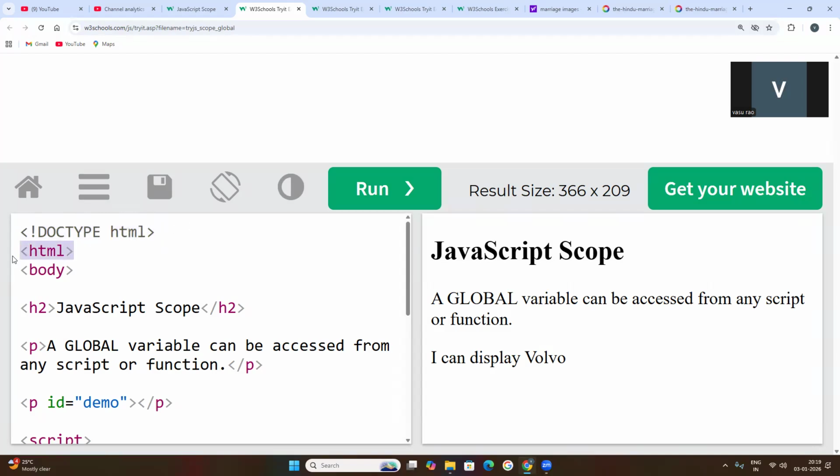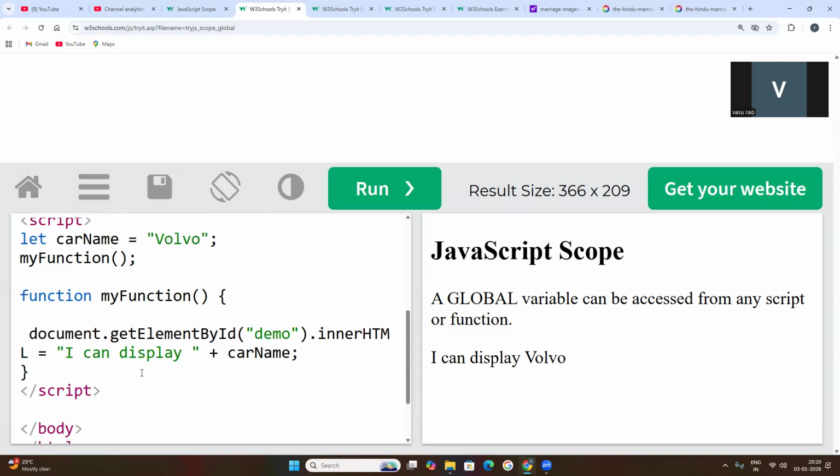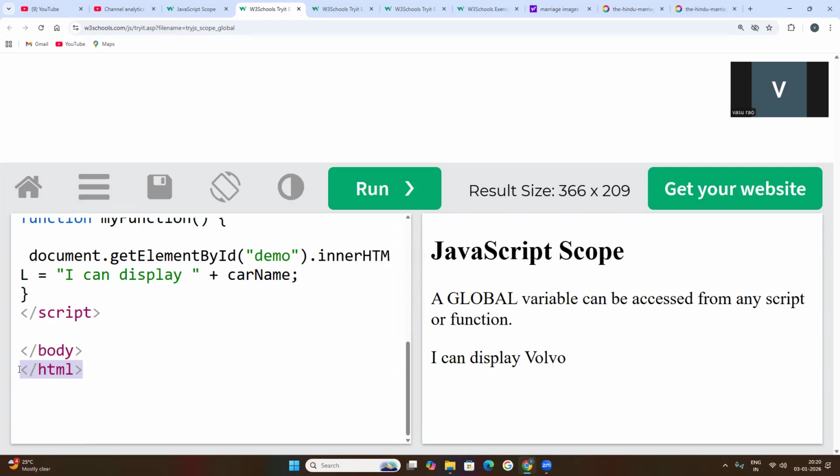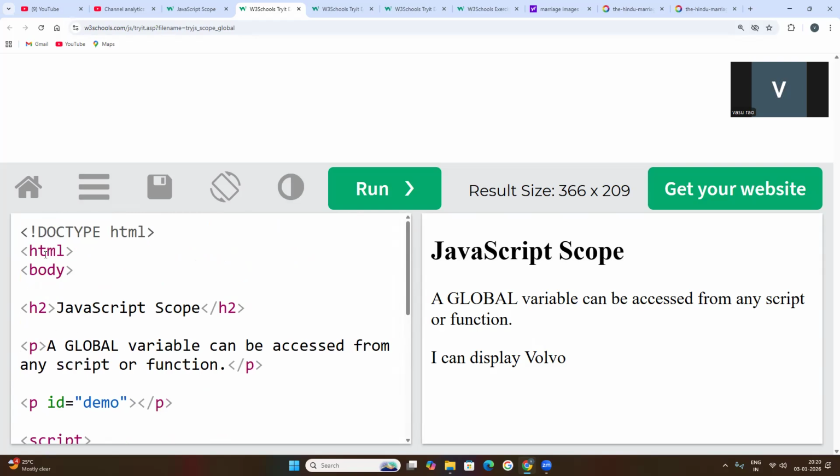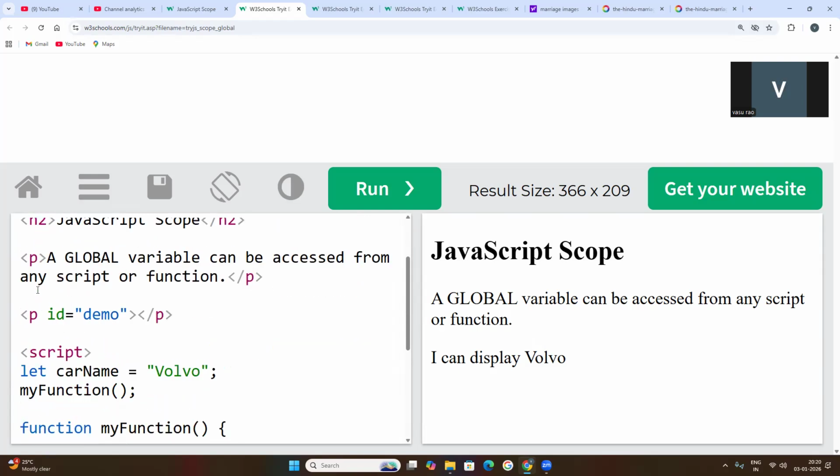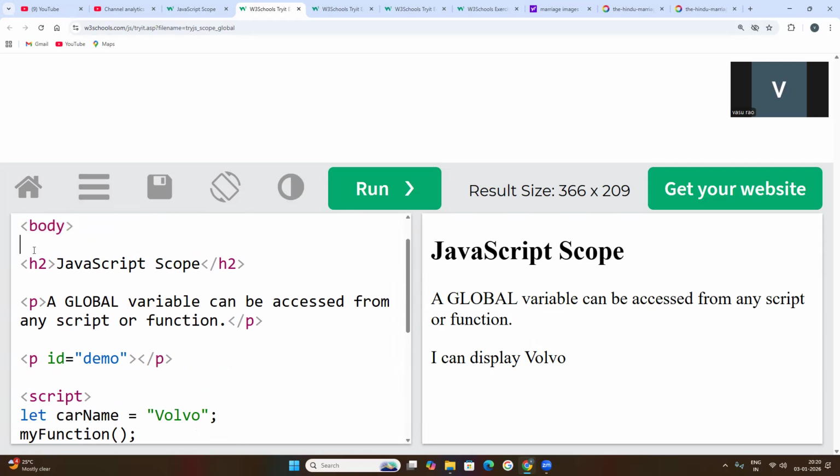Then we need to start with the HTML element start tag, and at the end it is terminated with the HTML end tag. Inside the HTML tags, we need to write the body. The body element must be started with the body start tag.